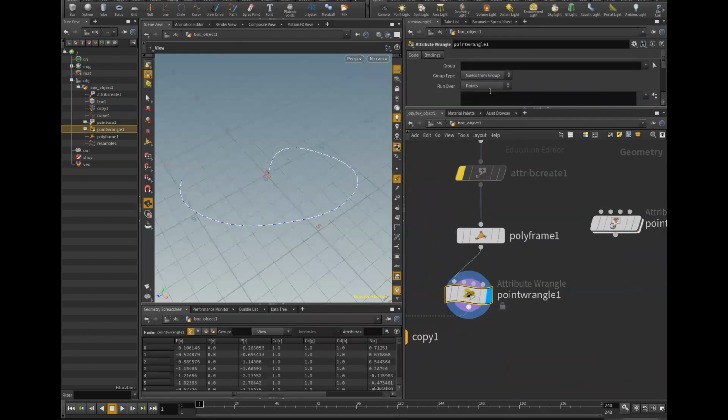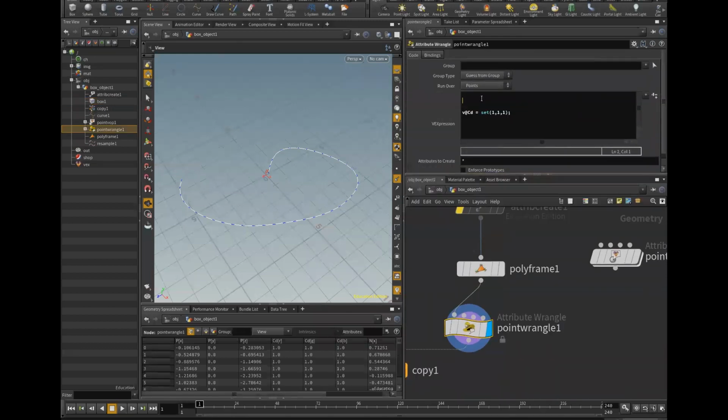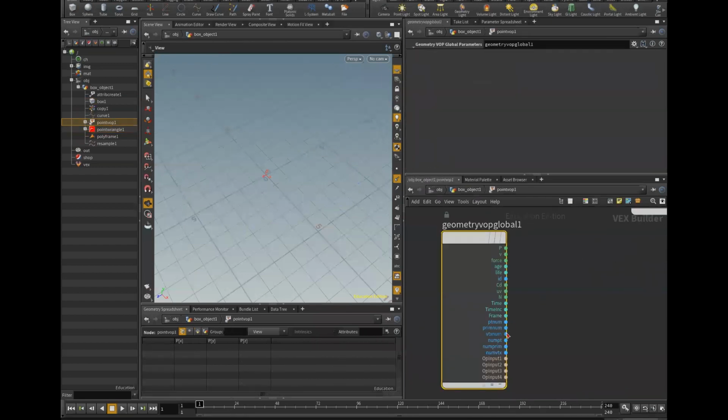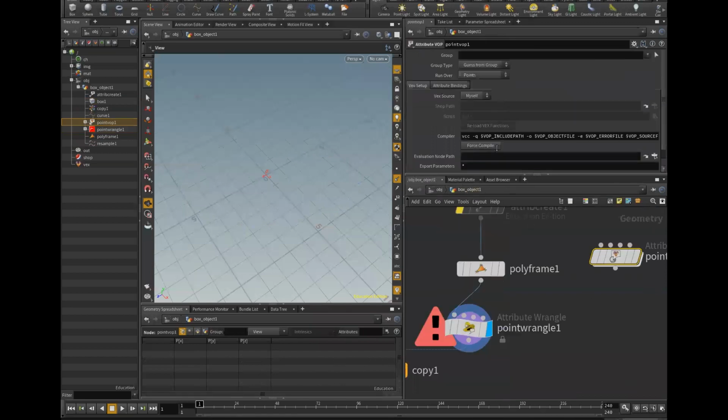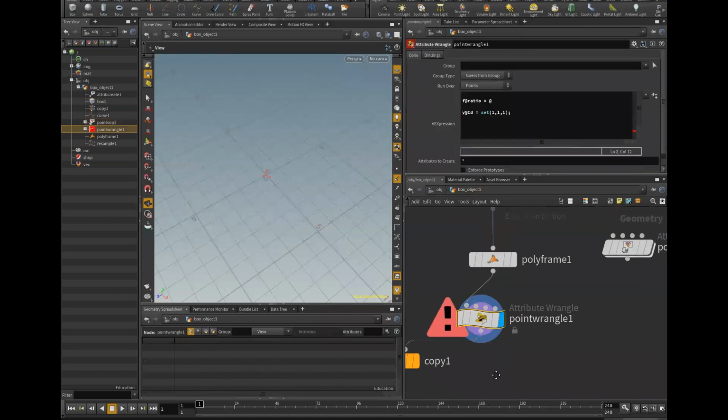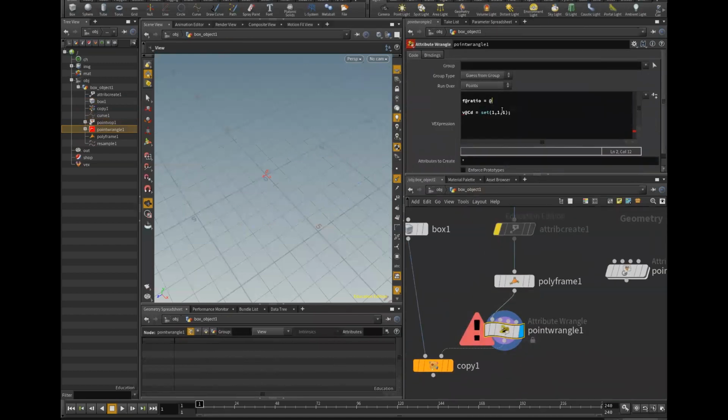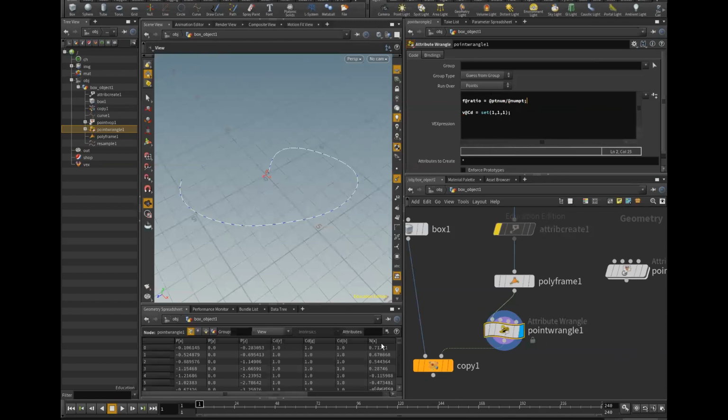So in my wrangle, I'm going to make a ratio. I'm going to say f@ratio equals @ptnum and @numpt, that was it. @ptnum divided by @numpt. There we go. If we look at our ratio number down here,